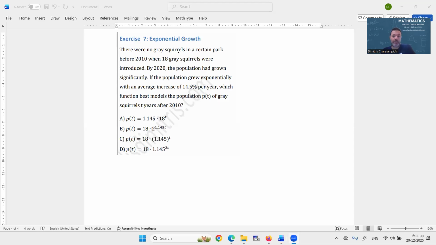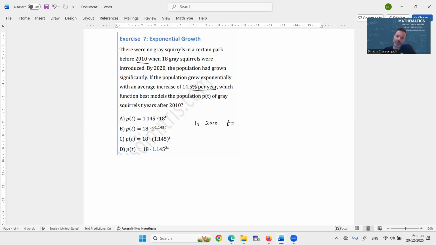Exercise 7. There were no gray squirrels in a certain park before 2010 when 18 gray squirrels were introduced. By 2020, the population had grown significantly. If the population grew exponentially with an average increase of 14.5% per year, which function best models the population t years after 2010? Well, we know that in